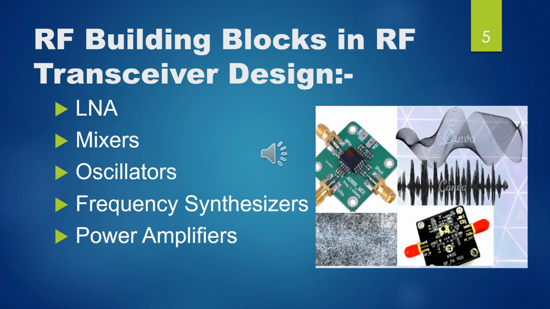So these are the RF building blocks in radio frequency transceiver design. LNA is the low noise amplifier. Mixers, we can also call them multipliers, allow the receiver to be tuned across a wide band of interest. It basically translates the desired received signal frequency to a non-fixed frequency. And then